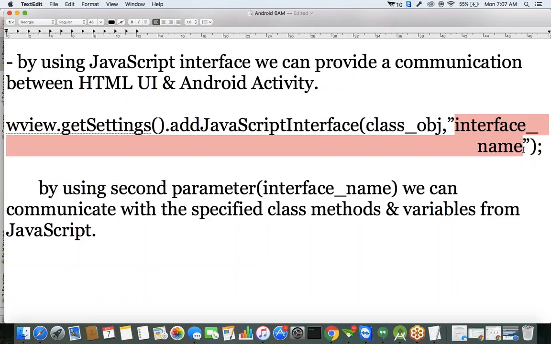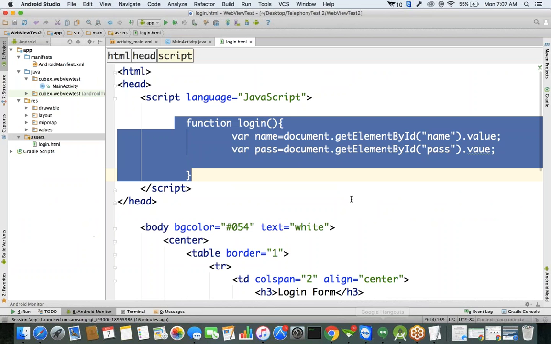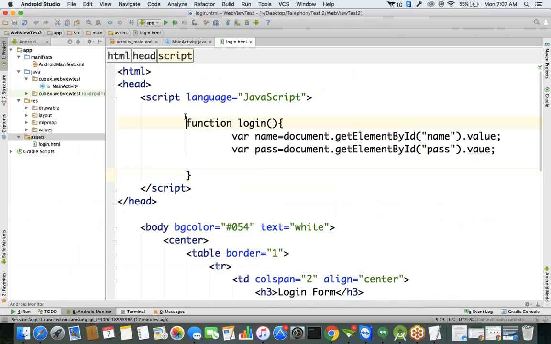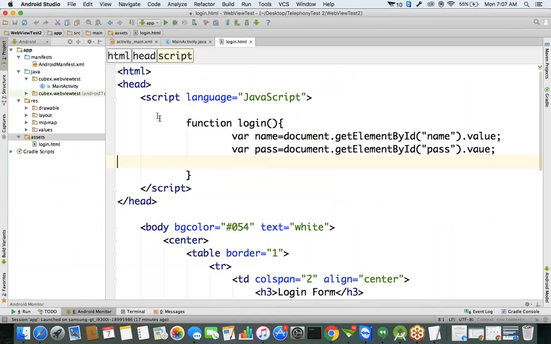Okay, we can call these methods and variables from JavaScript. So in your program, we configure the logic in JavaScript. In your activity class, the data we received in JavaScript,